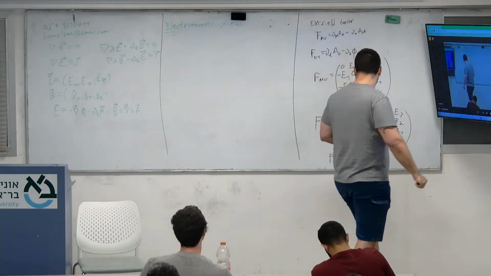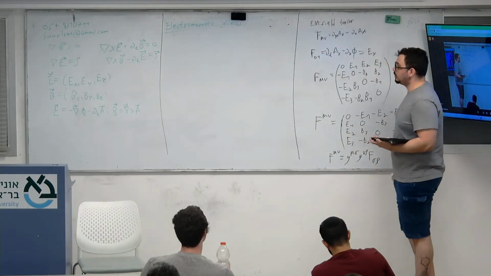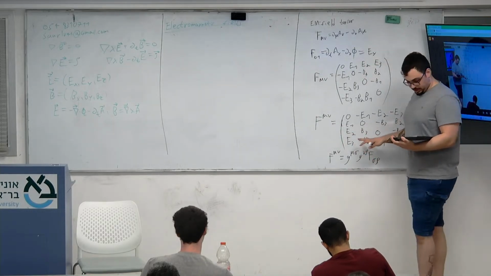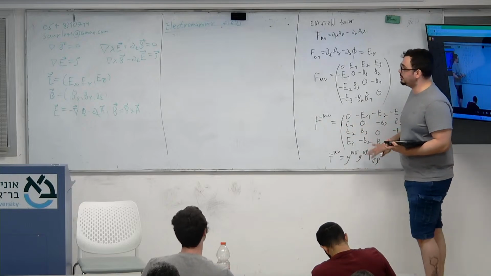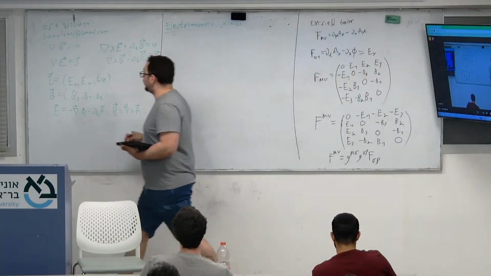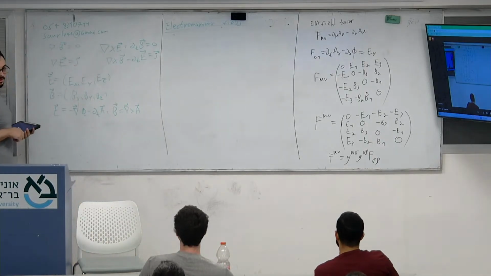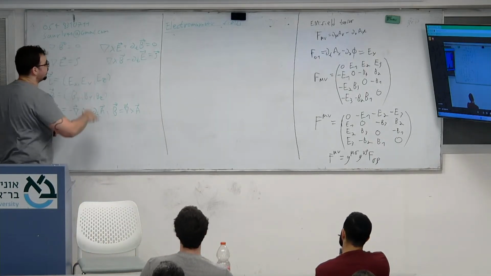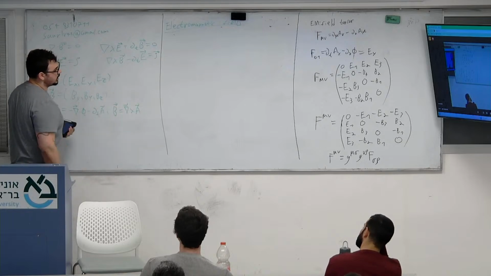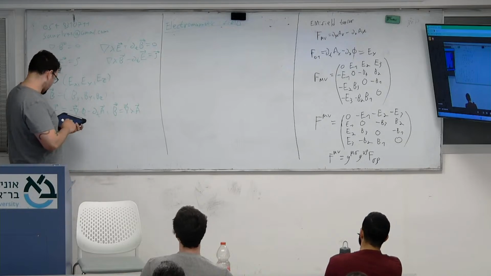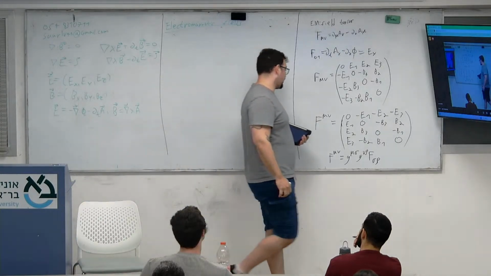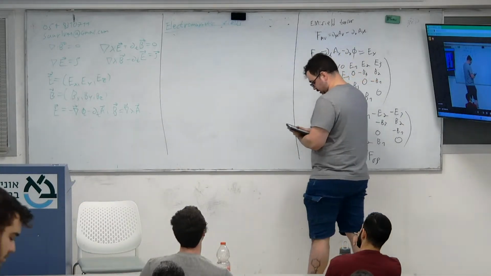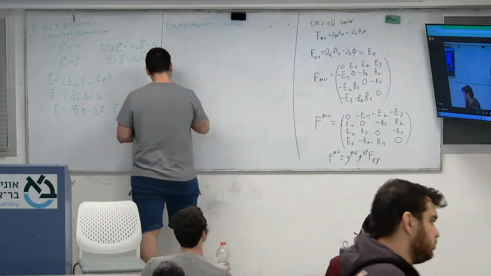So now the first thing that we can do is try to get some derivative of the F contravariant matrix in order to find the homogeneous Maxwell equation. You see, it's very simple: the homogeneous Maxwell equation just needs the electric field, and the inhomogeneous just needs the electric field and the magnetic field with some derivative. Very simply, we find that